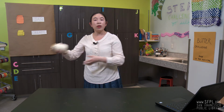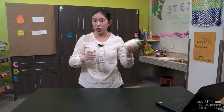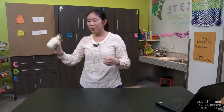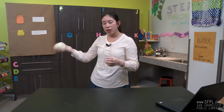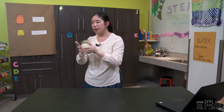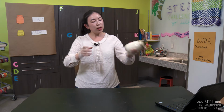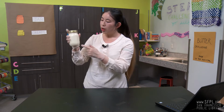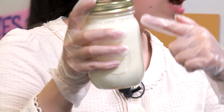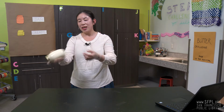All right, so as you're shaking, I want you to pay attention to the sound that's coming from the jar. When it's very liquidy, you hear a lot of sloshing sounds, right? But the more you shake, you might hear that sound changing. And every so often, you might want to look at the jar too. What was just a little bit less than half full of cream now definitely looks like it's a lot fuller, right? So keep going until